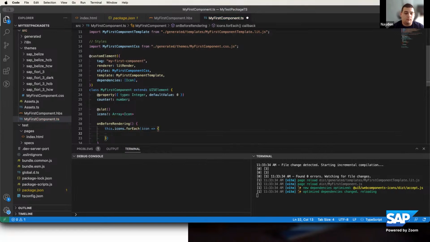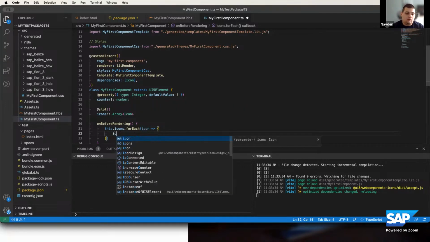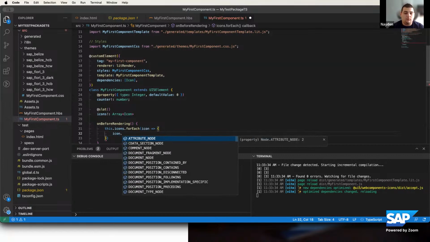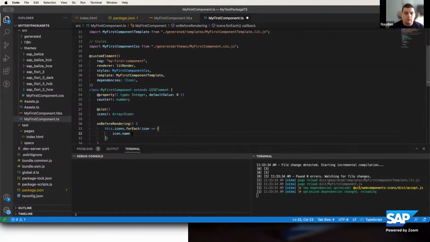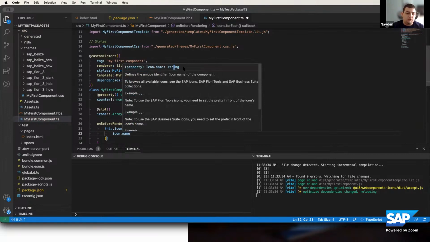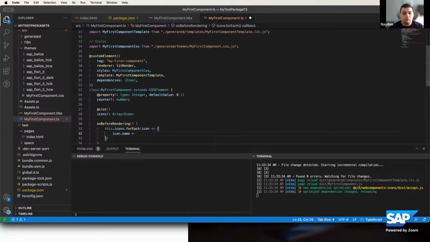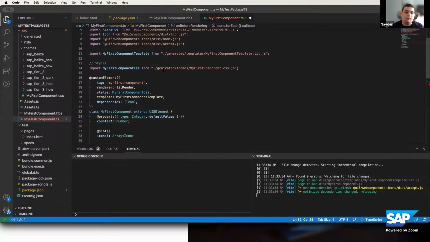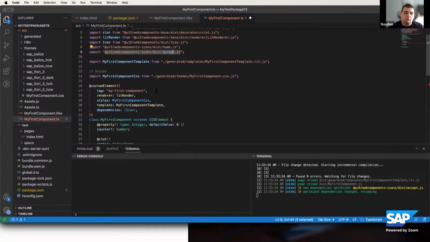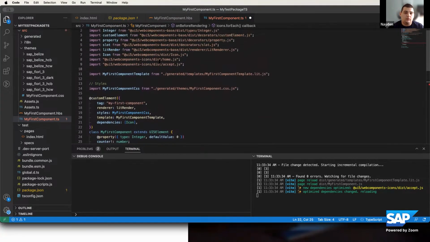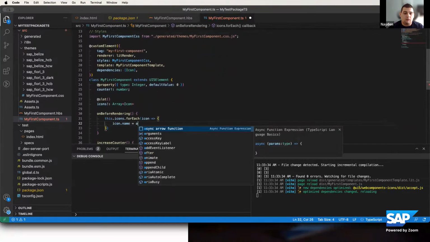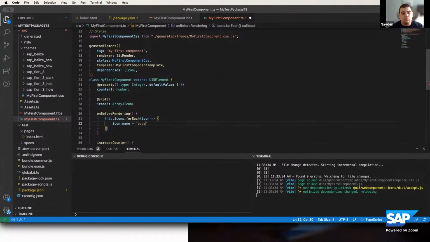Now that forEach method knows that this icon has Icon as a type. So trying to change something of icon, for example, icon has a name property, we can see that icon name accepts strings and that it sets the icon that we want to show. So we are going to set, for every icon, the icon that we loaded earlier. So we just pass the icon name to